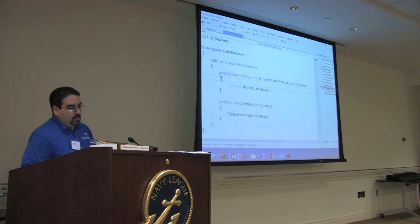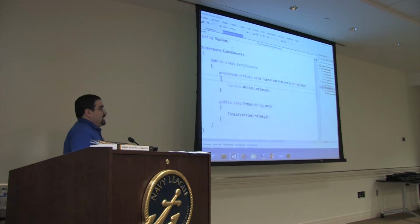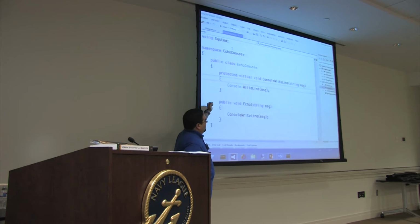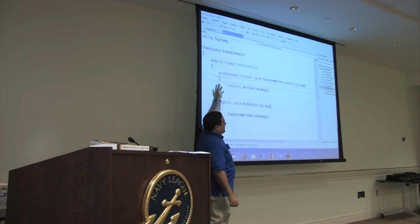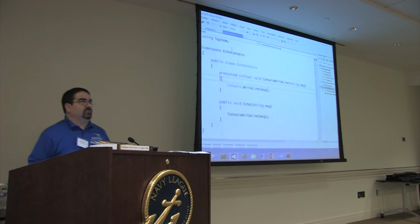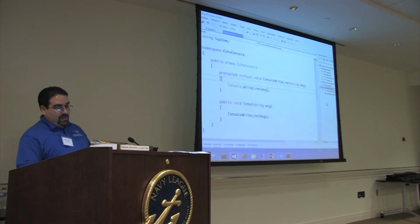Let's do that. So now that I have this class isolated, here is where the business logic is going to be at. And when you see the change, it's going to make a little bit more sense. But now I have the console write line isolated here, so I can basically override this within my test environment to test the business functionality. So going back to my test class,